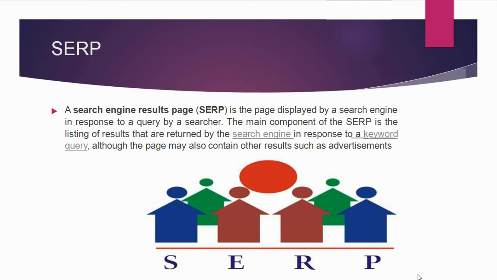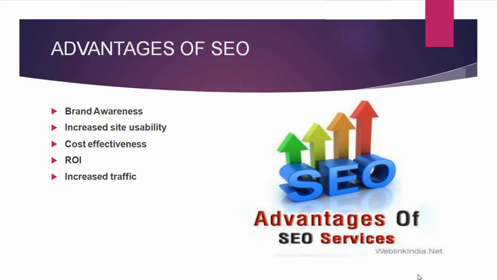It's through that search keyword you typed that they will bring a list of results based on the query. There's no way you search on Google and they will not bring something related to that. At the end of the day, you end up finding what you're searching for. So that's that about SERP.